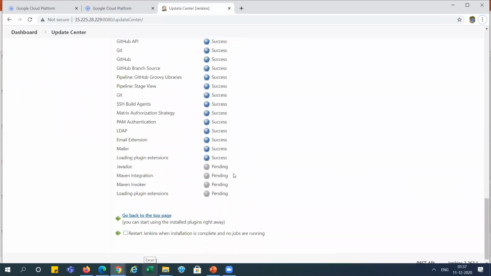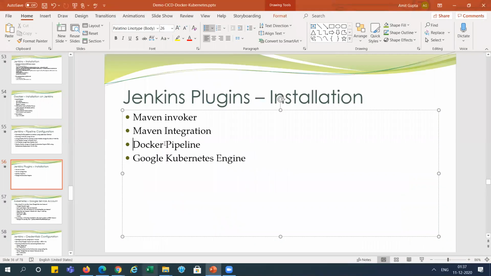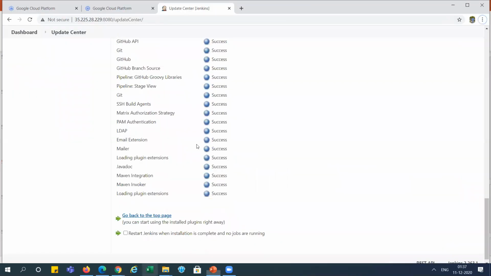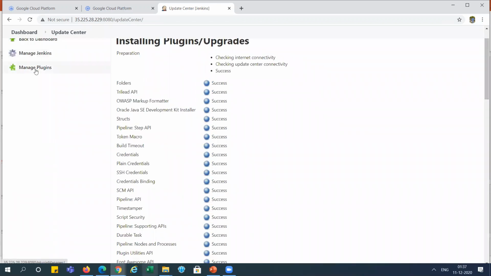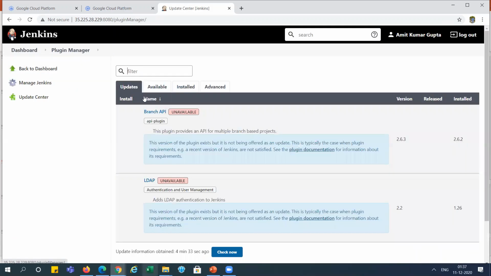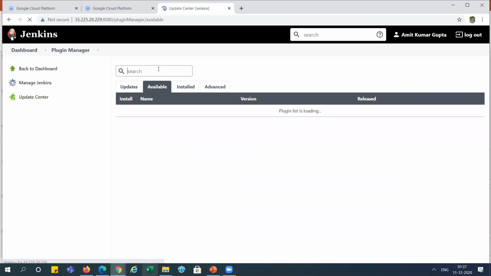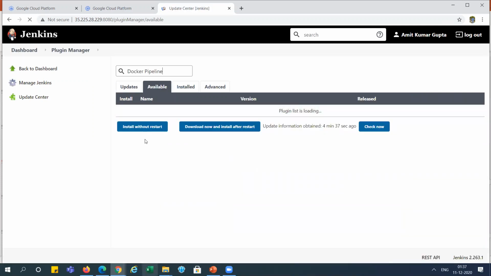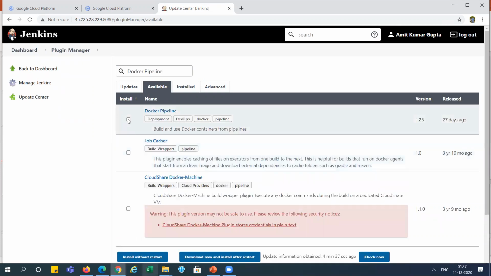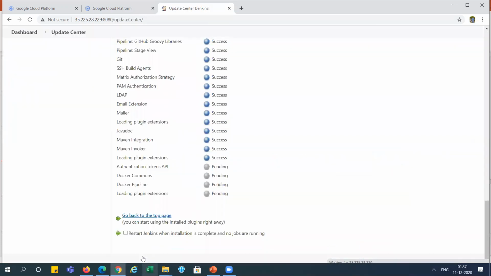It is installing. After that, we need to install Docker Pipeline over here, and install without restart.